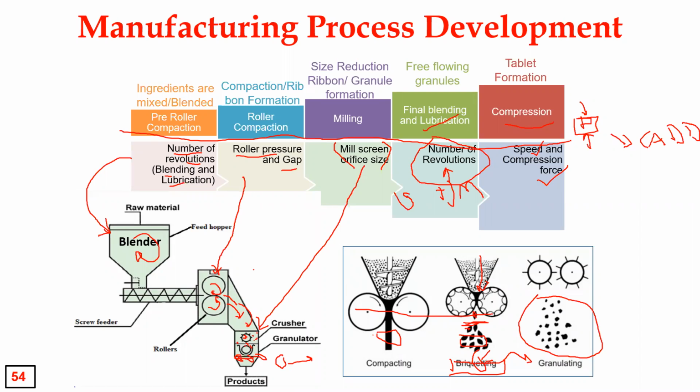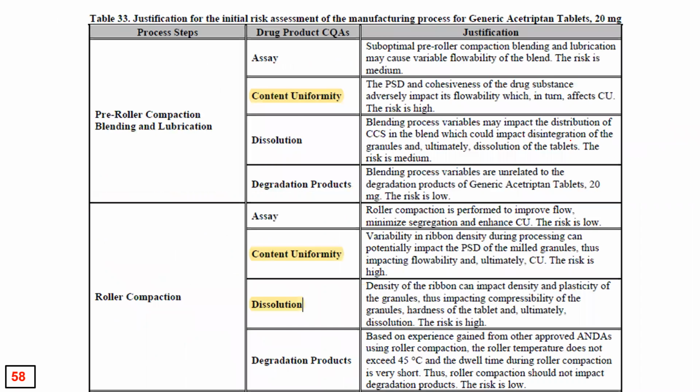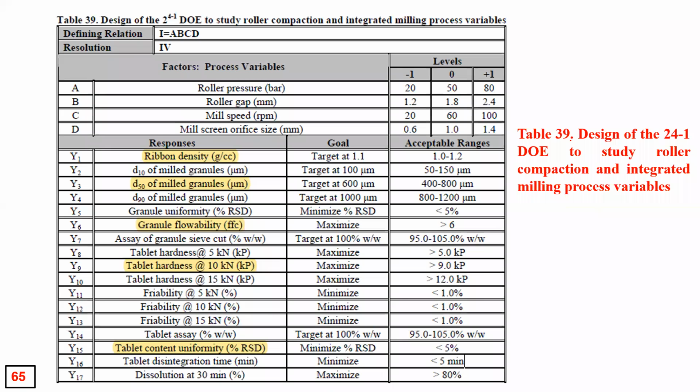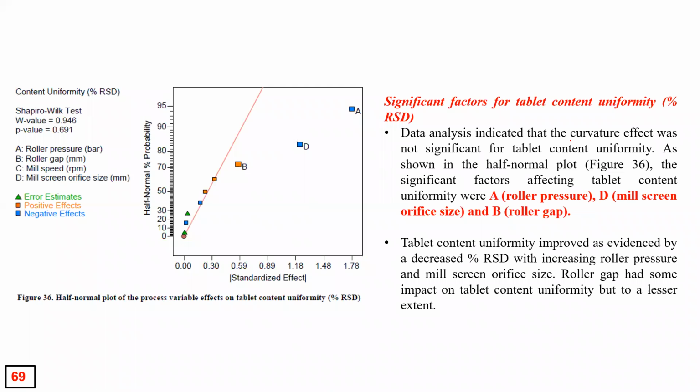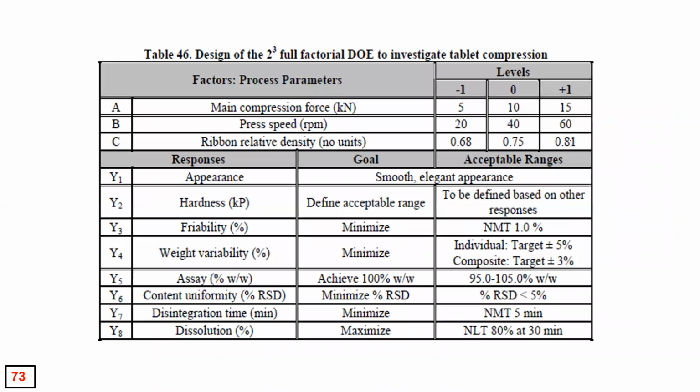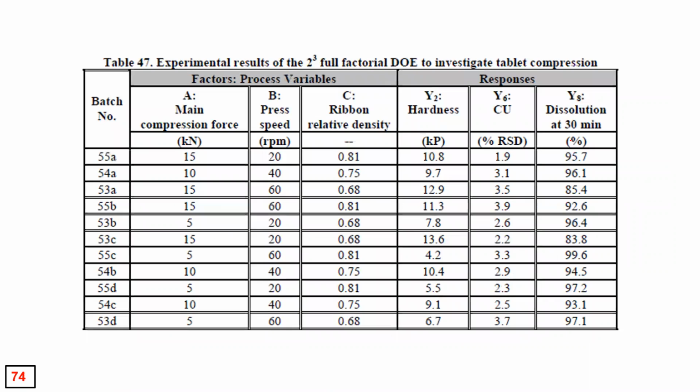So these many process parameters they have used. You can see that PDF which is given by the USFDA; you can find around 60 pages only for the process parameters which are discussed. These are the discussions which they give in the book. So how they found out, using quality risk management, which one is high and which one is low, all those things. And using the DOE approach, what optimum speed should be used, what optimum compression should be used, everything they came to know and reached a conclusion.